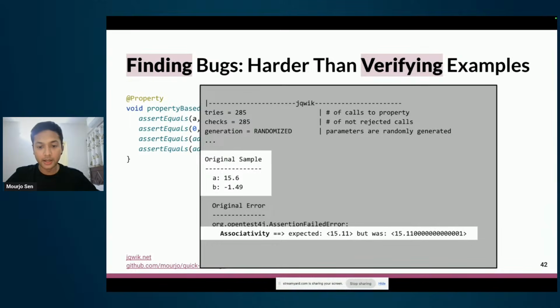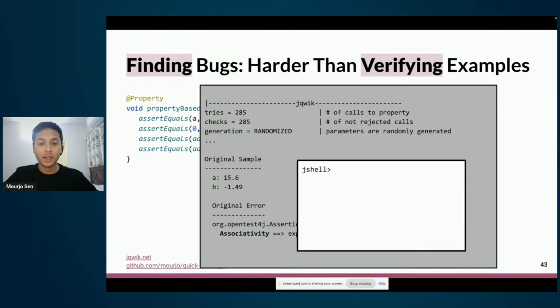And it says that, okay, I expected 15.11, but somehow it is 15.11000001. Now, clearly, there is some floating point arithmetic going on here. That is clear from the example. But when I first saw this, even before I wrote the presentation, I was like, how is this possible? This is just addition. This is just A plus B. How is it not equal, right? So I went on to the JShell prompt, which is a REPL for Java, and I tried it out because I thought there was some ghost in the machine, right?